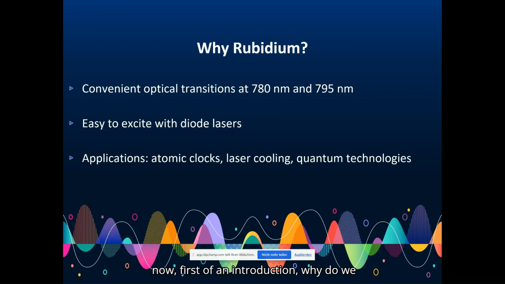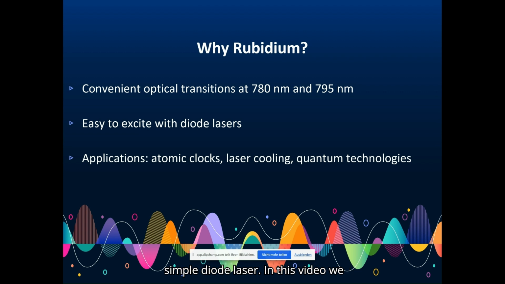So now, first of all, an introduction. Why do we talk about rubidium? Why do we use rubidium? Rubidium is one of the most important atoms in modern quantum optics. It is used in laser cooling, atomic clocks, quantum sensing, and photonic quantum technologies. One reason is that rubidium has accessible optical transitions at around 780 and 795 nanometers, which can be driven using